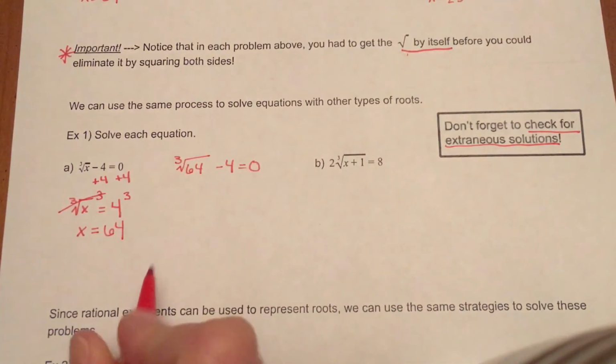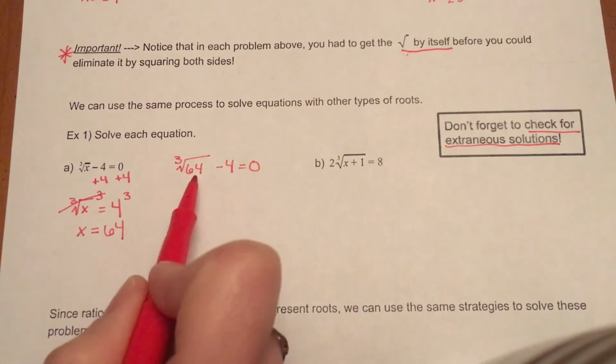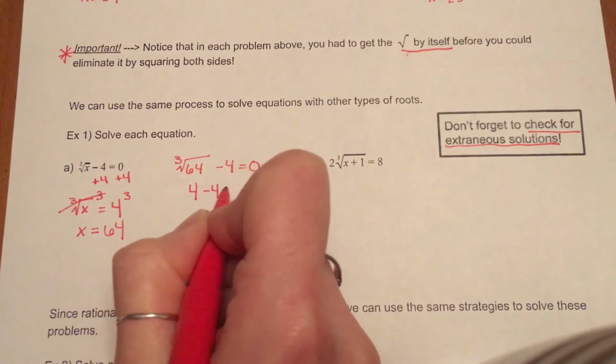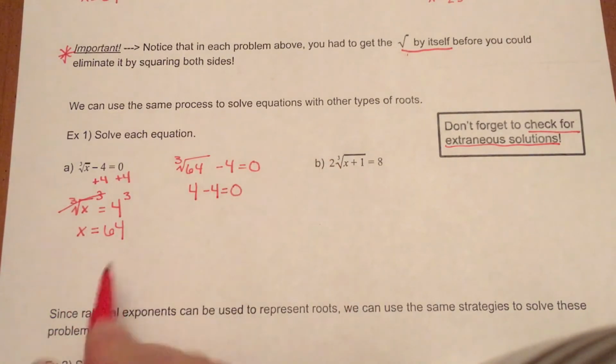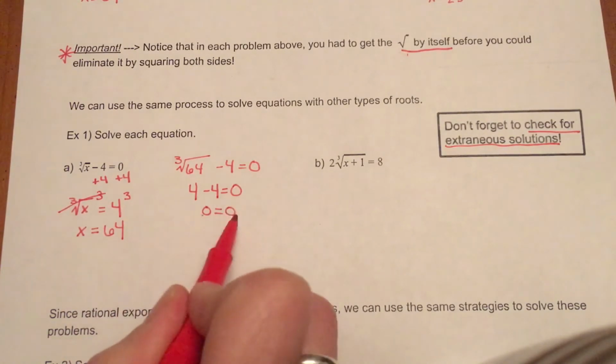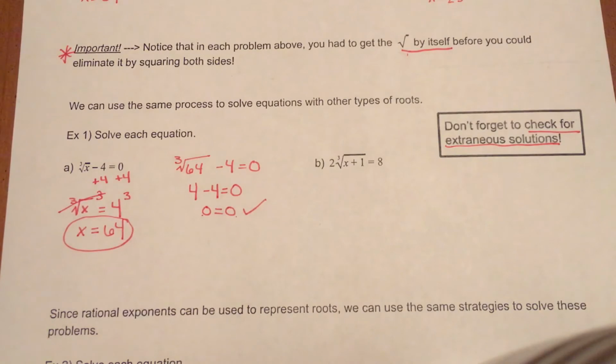And I want to simplify this and see if the left side is actually equal to the right side. So the cube root of 64 is 4. So right now I have 4 minus 4 is equal to 0. And 4 minus 4 is 0. So I know that the left side equals the right side,